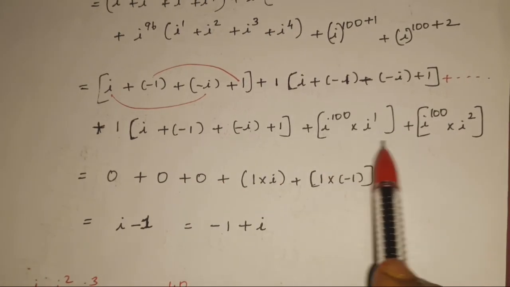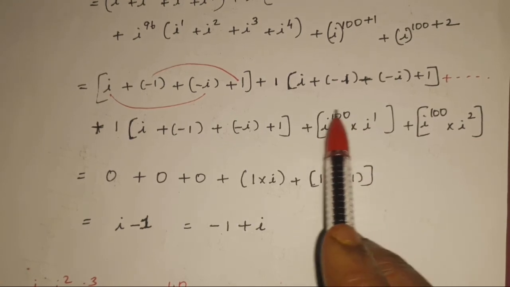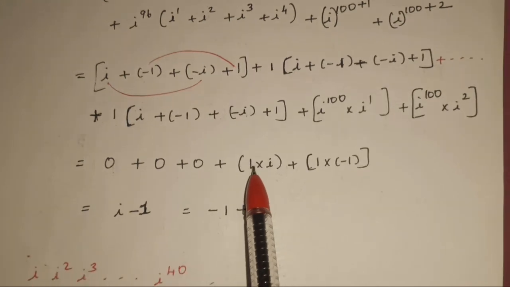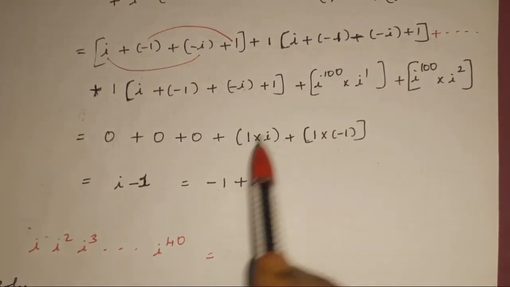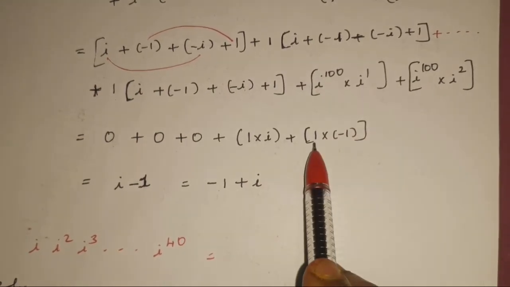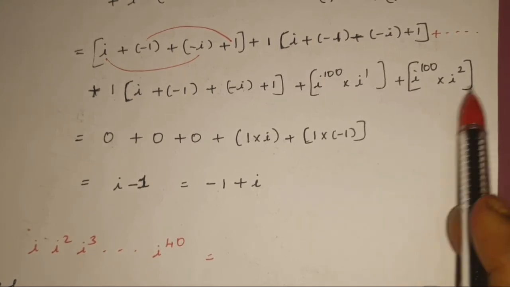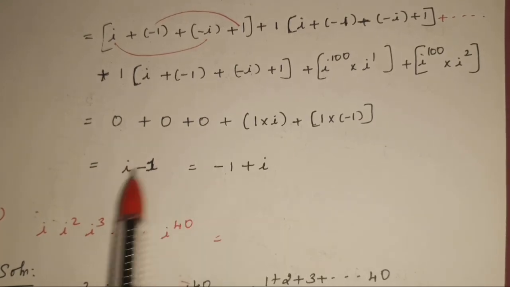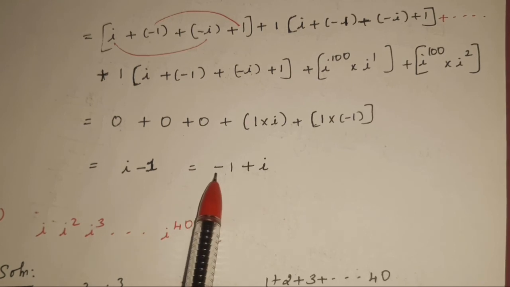So see the last two results. i^100 into i^1. i^100 is what? Multiples of 4. 25 into 4 is 100. Already I told you, a multiple of 4 gives the value 1. So i^100 is 1, into i^1 is i. Here also i^100 is 1, and i squared is minus 1. So 1 into i is i, and 1 into i squared is minus 1. So we rewrite as